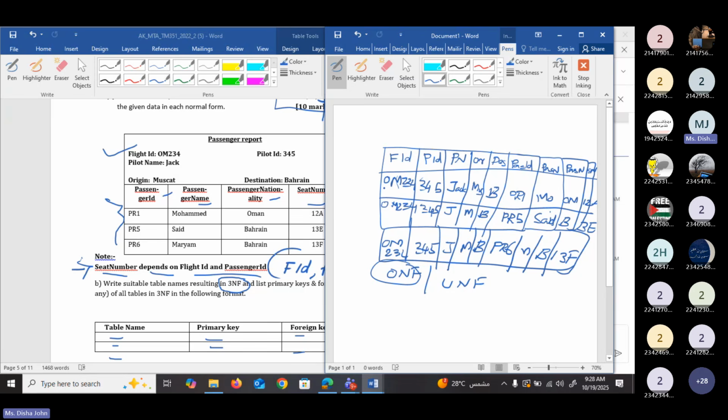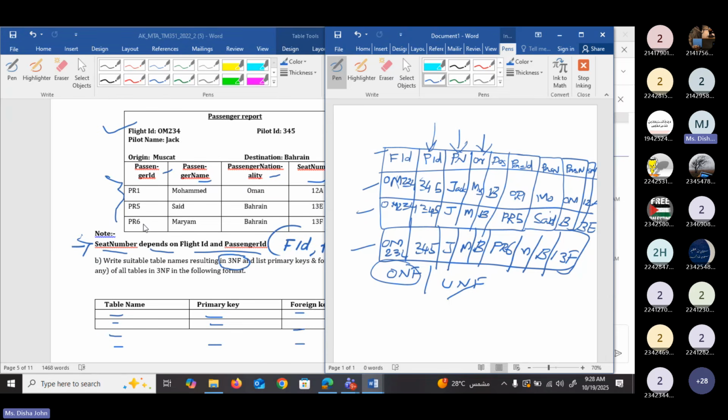So whenever you create a table, each column must have only one value. So if you take any column, each column has only one value. If you are writing like that, we can say that table is in 0NF or in UNF. Okay, clear?